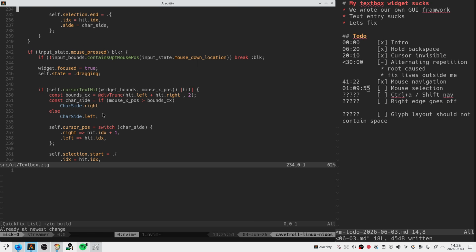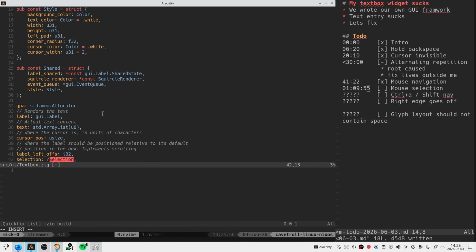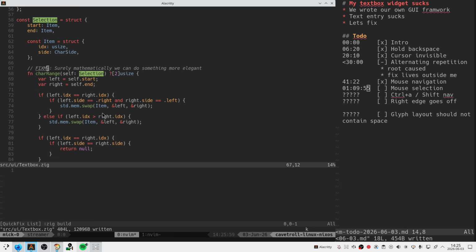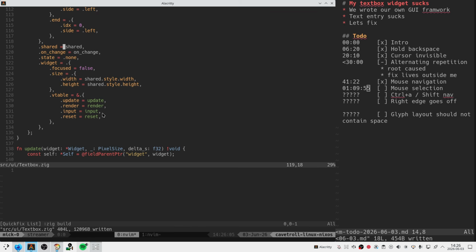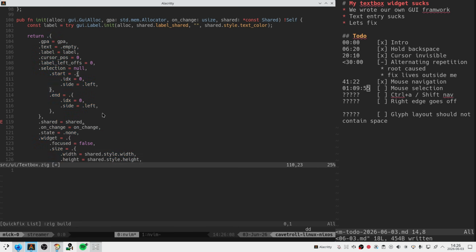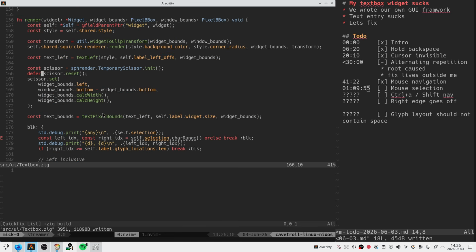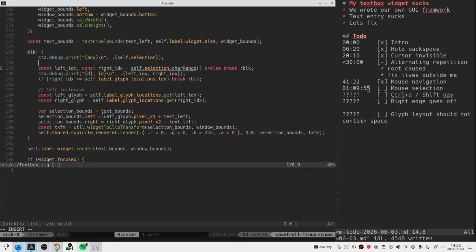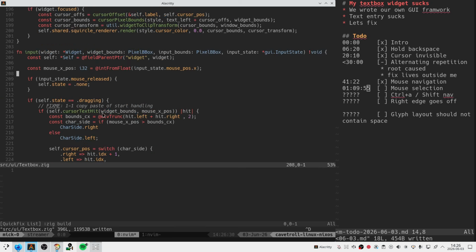It's almost like the start position of the selection needs to be optional. Or this whole selection needs to be optional. Right? So normally this thing is not there, and only when I click in bounds of valid text does it become fair to use. You know what I mean? So maybe it's like, selection is self-selection or else break block. Then we use that selection here. Cool. And then on input,